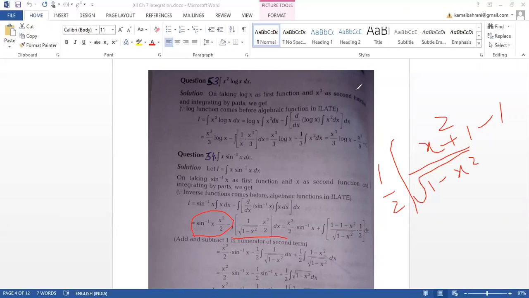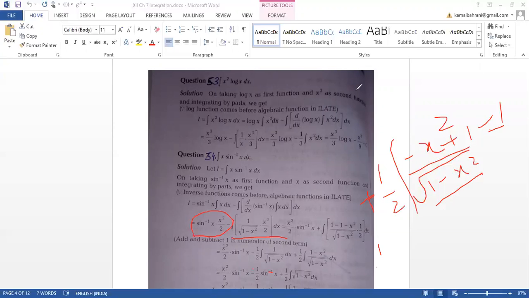Sorry, here we were having a sign minus also. So can we take the sign minus inside? So here it will be plus, it will be minus, and plus minus will remain as it is. So we'll have minus x square minus 1 and plus 1. If we are taking this, can we separate them? We have separated them: minus 1 upon 1 minus x square separately, and then 1 minus x square.